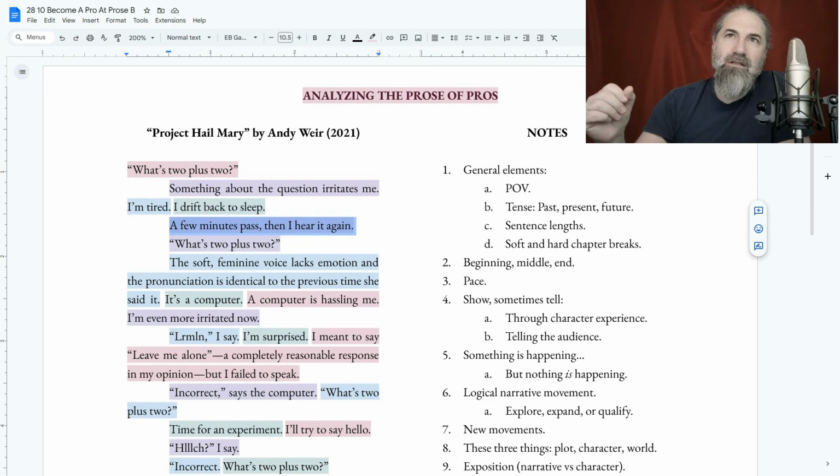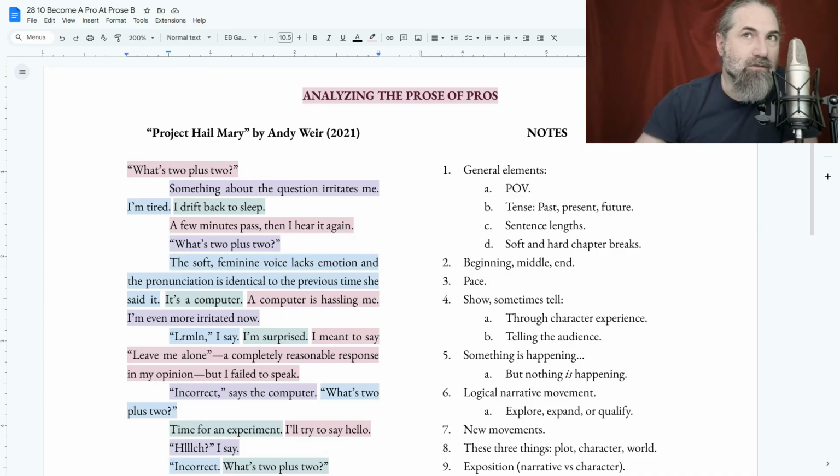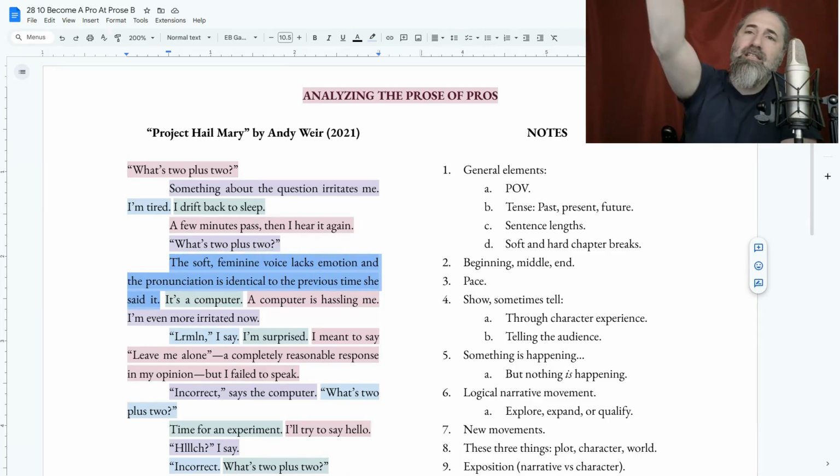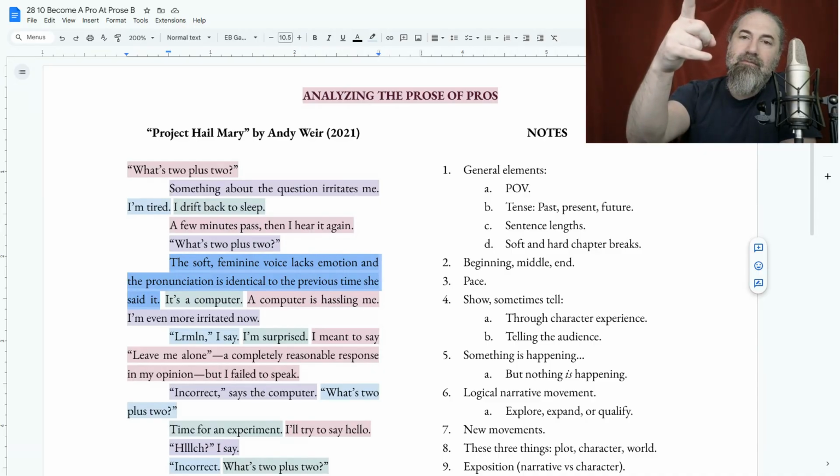This is experience because they fell asleep and then they wake up again. Right? It's not deep emotional experience, and it doesn't have to be. What's 2 plus 2? What's 2 plus 2? The soft feminine voice lacks emotion, blah, blah, blah. That is neither here nor there, but it is the experience because the character, the POV of the character, is